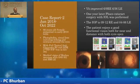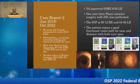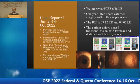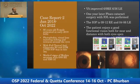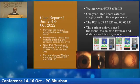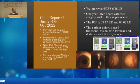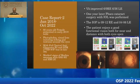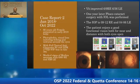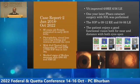The third case I will quickly go through. She came with acute red eyes and contact dermatitis from 4 drugs and oral acetazolamide, and the pressure was again in the 30s. And I explained everything. You have to develop a good rapport with the patient, that there is a risk of blindness as well. These are her pictures. Her visual field was almost dark in one eye and less than 10 degrees in the other eye. So I performed